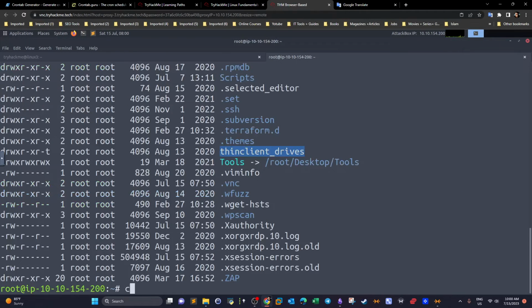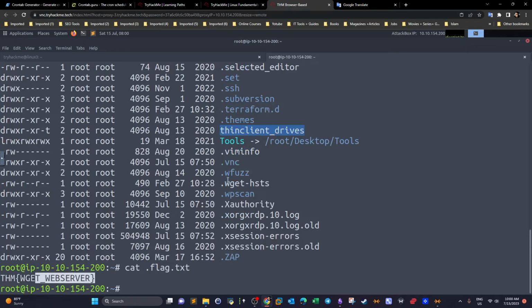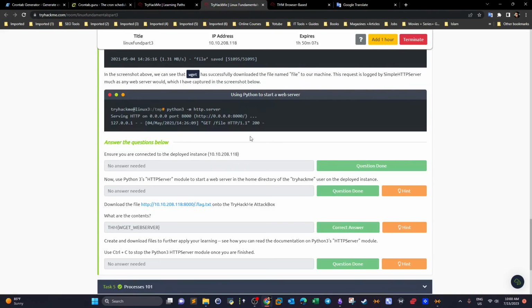ls -la and cat flag. This is the flag. So that's how you download files and serve files on a web server. Use Control-C to stop the Python web server. Anyway,